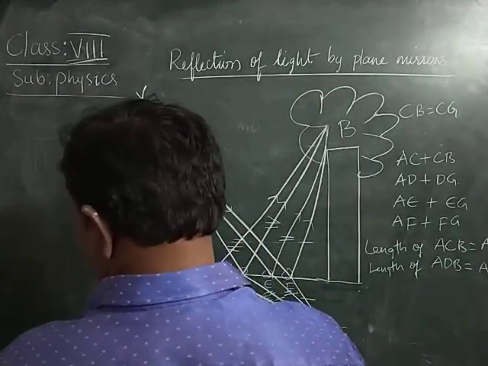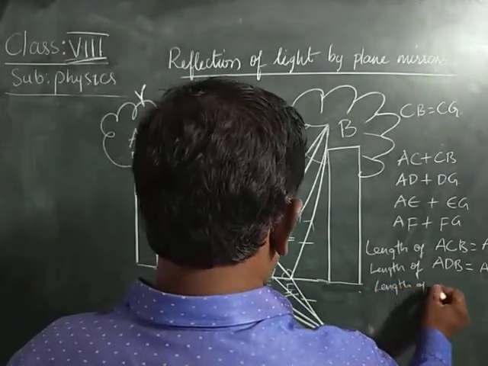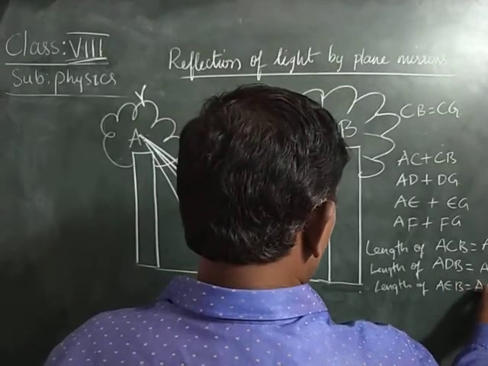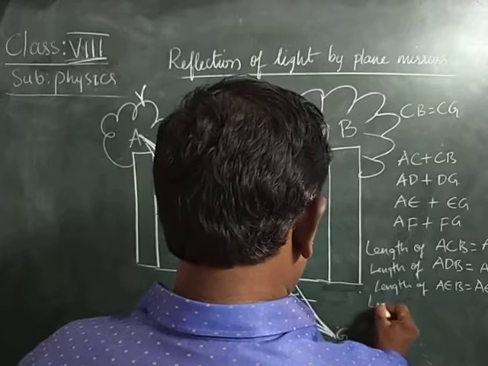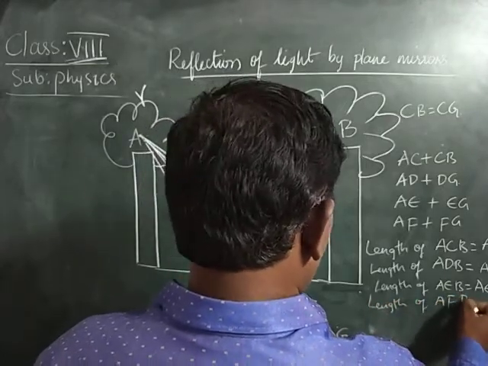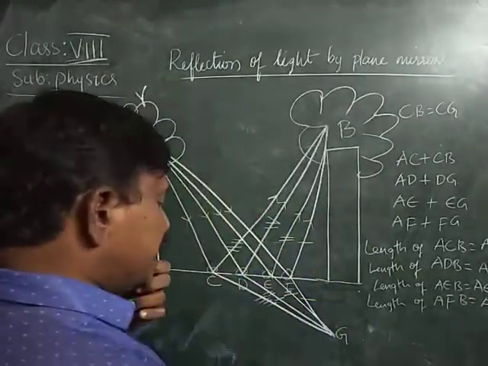And the length of the path AEB is equal to AEG. Length of AFB is equal to AFG. In all these cases,